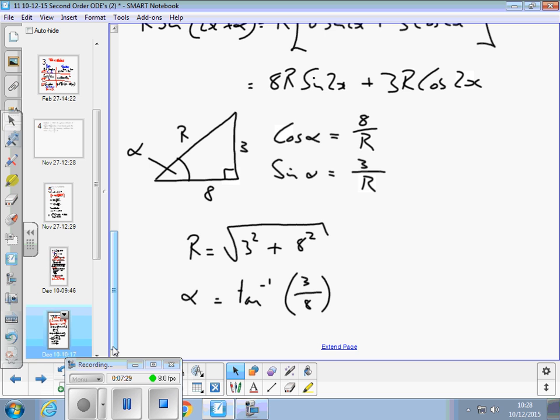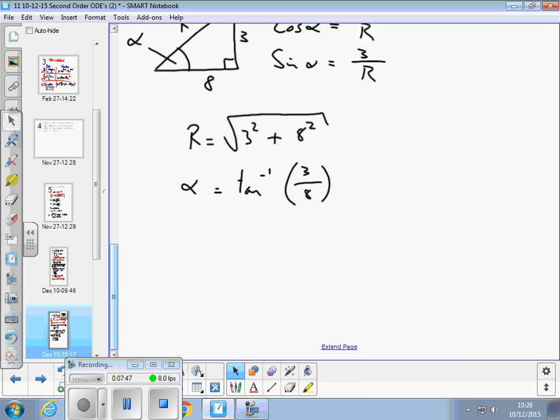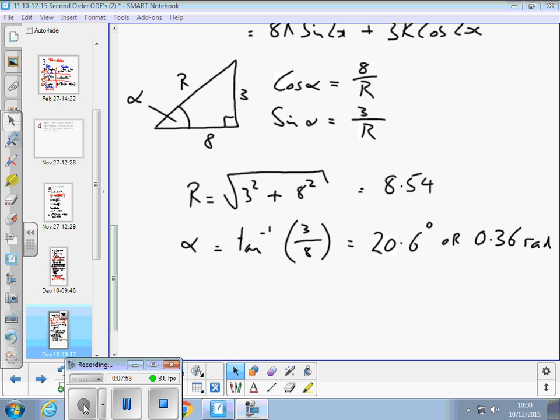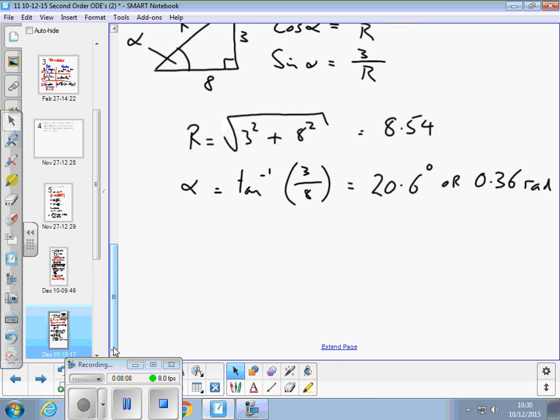So I can work out what r and alpha are, which means I can rewrite our particular solution in a more convenient form. What is the square root of 8 squared plus 3 squared? So we work out that r is 8.54 and alpha is 20.6 degrees or 0.36 radians, however you want it, often in radians. And so now we can put them into our particular solution and end up that y equals,